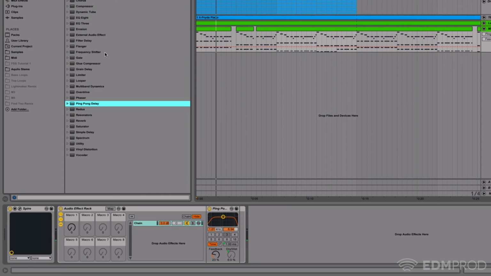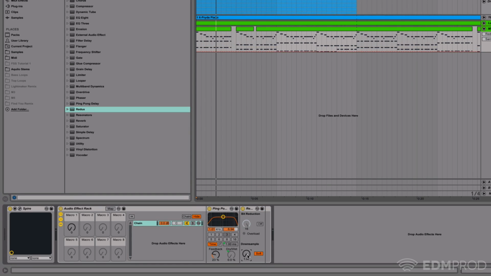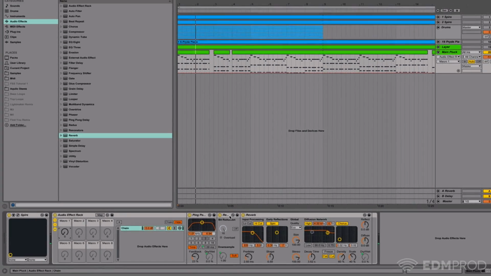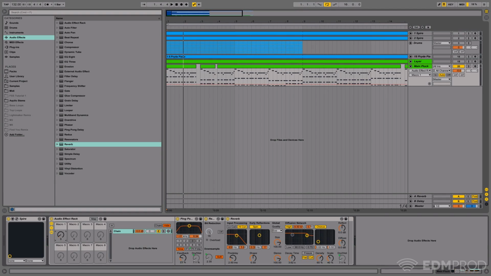And then you can start looking at adding other effects. A ping-pong delay sounds great, but what if we want a bit of distortion? We could assign this to macro 1 so that when we move it up, it becomes more distorted. We could do the same with reverb. So we could give it a bit of decay and assign the dry wet to macro 1. But there are a few things when you add these kind of extra effects that sort of screw it up a little. So this bit reduction, if I turn it all the way up,